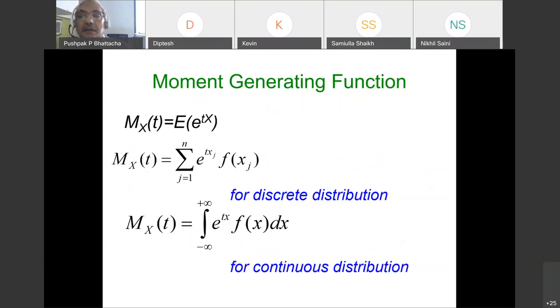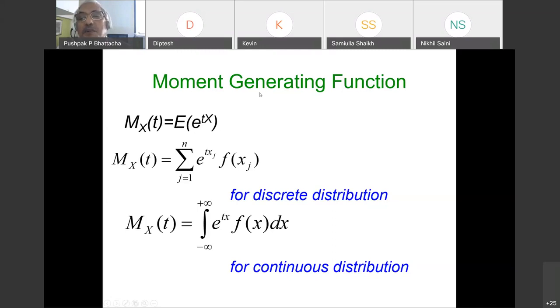Okay, so let's proceed. To prove this central limit theorem, which we have to finish today, we have to invoke another very powerful concept from statistics and probability, that is the moment generating function. So this is the definition of moment generating function. Let x be a random variable. Then the moment generating function of x is Mx(t), where t is introduced for the purpose of the moment generating function.